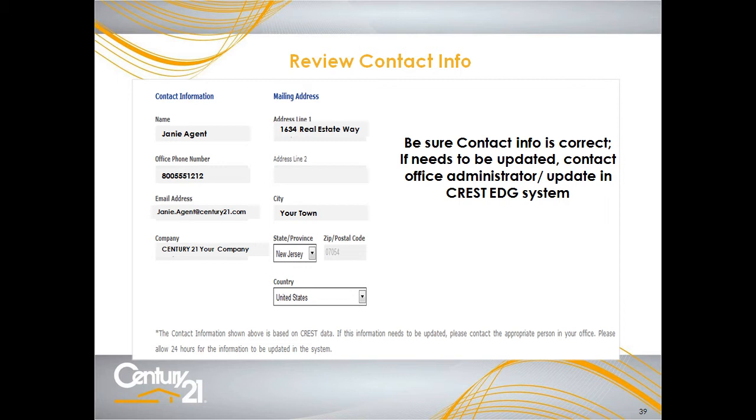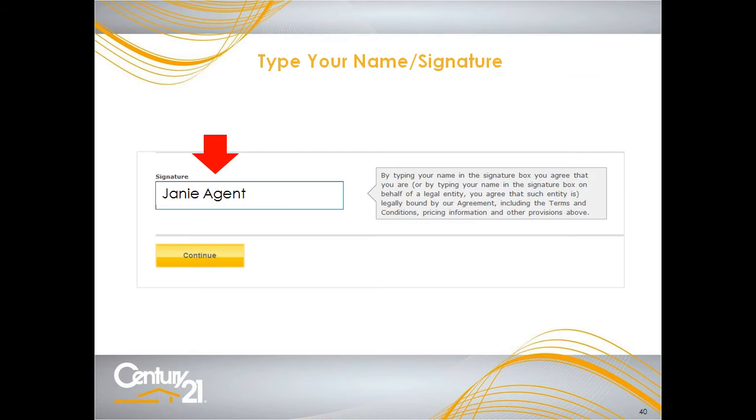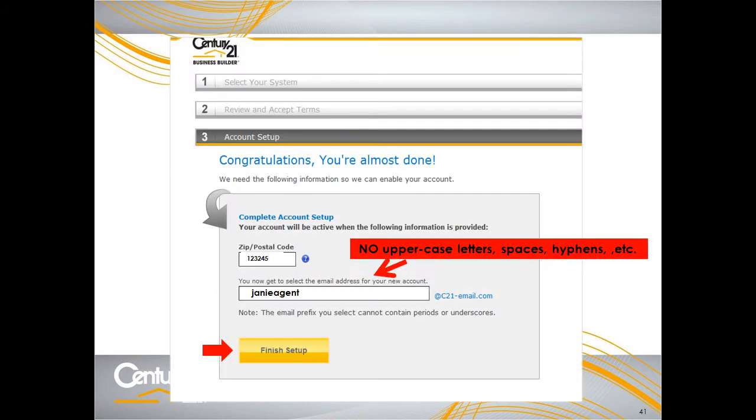Ourselves, frankly. Yeah, and I mean, you may find that your Crest information is updated, but you are going to be able to change that email address within the settings here. I'll explain what happens if you change it or use your default email within the system. What it's first going to show here is the information pulling from Crest, and you're going to see there are fields you can change within the system. You put your name in, or you can put your signature in. And very little information is going to be asked for here to set your account up,